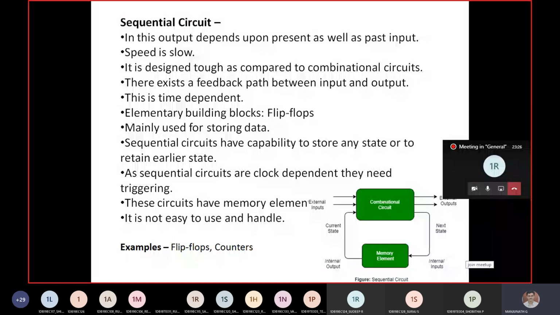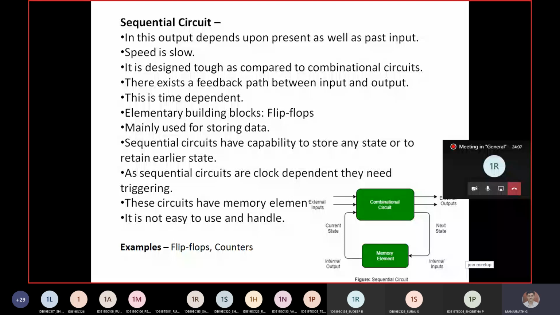Okay, so in the same way as we did combinational, now sequential. Here the first point itself tells you the difference: the output depends upon the present as well as the previous output because feedback will be there. Since feedback is there, memory will be there, because I need to store it. Sequential circuits are called bistable, which means storage capacity is there; I can store 1 bit. Obviously speed will be lower and the design is tougher compared to combinational because of the feedback path.